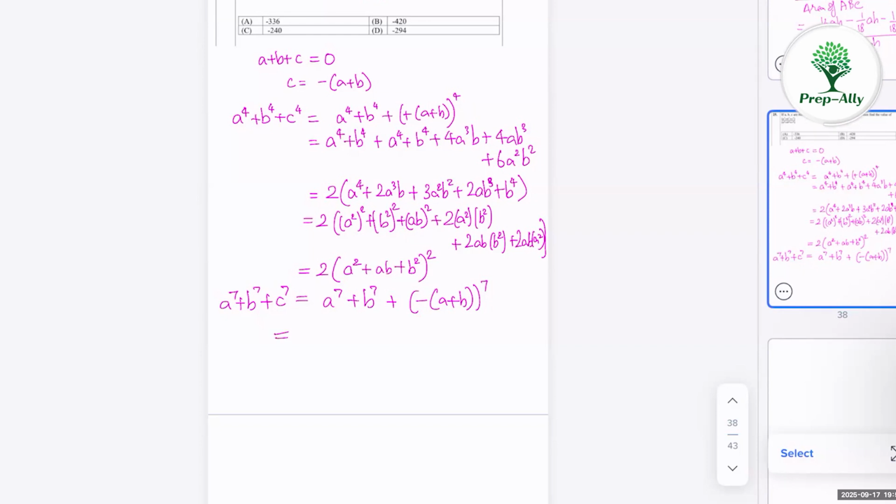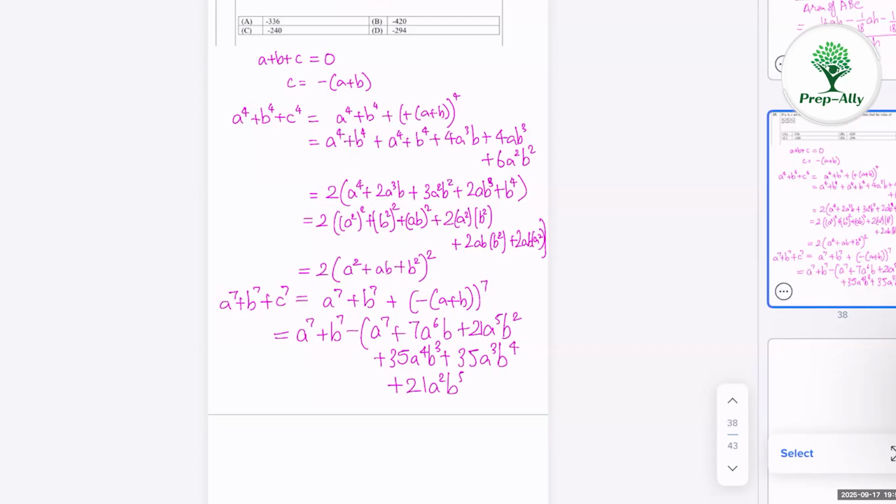So let's expand this and we get a power 7 plus b power 7 minus a power 7 plus 7a power 6 b plus 21a power 5 b square plus 35a power 4 b cube plus 35a cube b power 4 plus 21a square b power 5 plus 7ab power 6 plus b power 7. Now these terms cancel out,